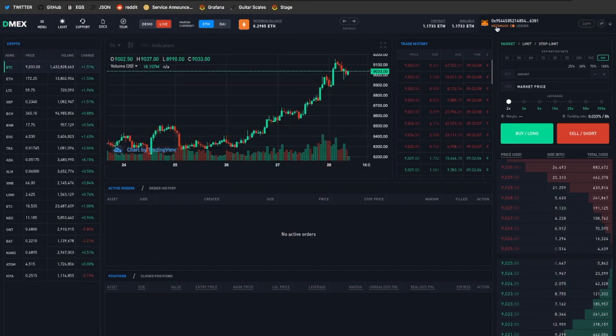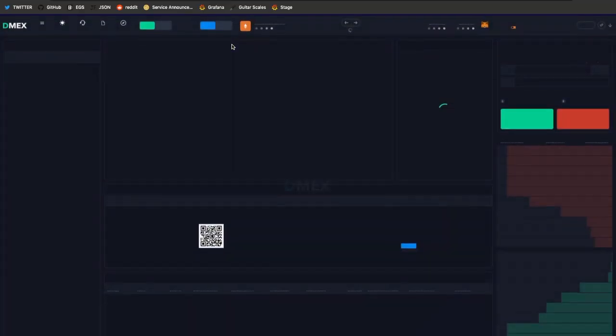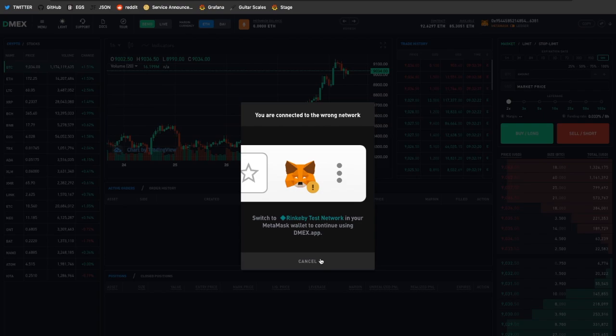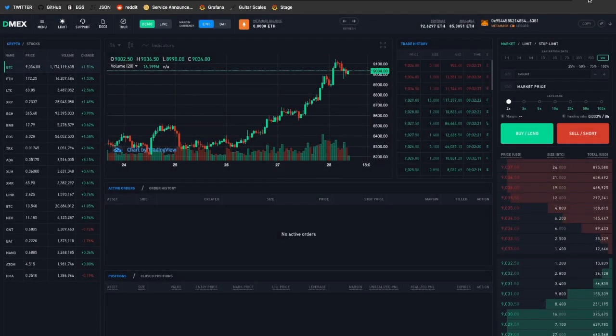Now I'm connected to DMEX through my MetaMask extension, which is an extension in the browser, and it holds the private key. So the private key is not inside the DMEX application, but inside the MetaMask extension. When I make a trade using MetaMask, when I say I want to sign an order,